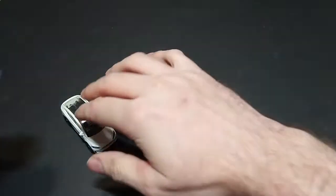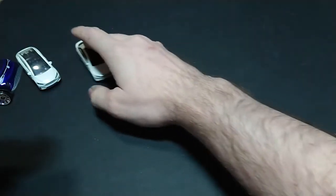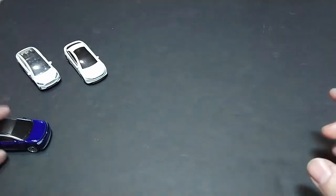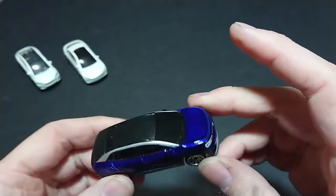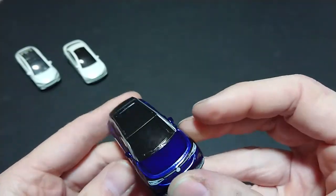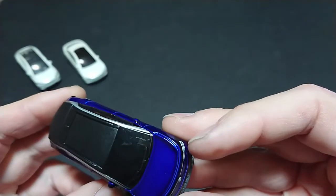Just give it the roll test, push these 2 to the back, just for a quick comparison. And so there we have it. As a Mattel, meant for a toy, it is rolling rather well. I did notice, though,